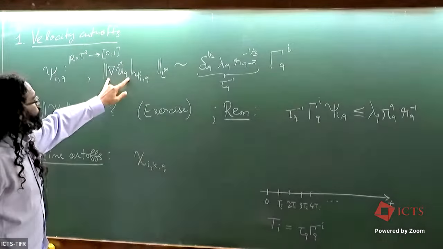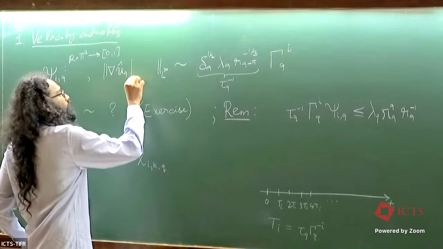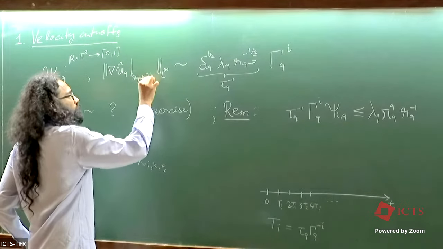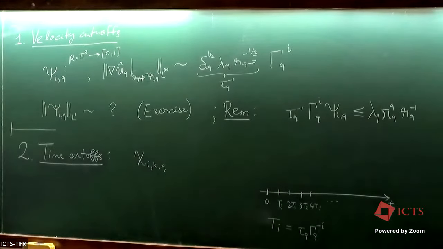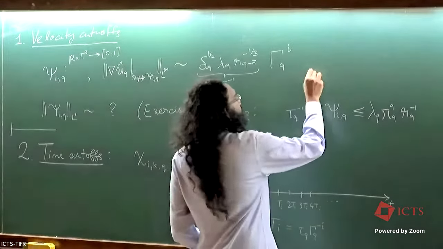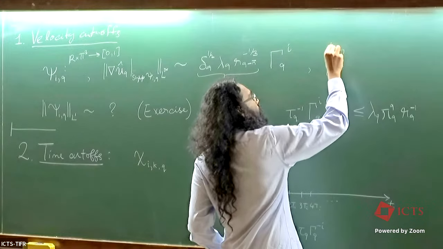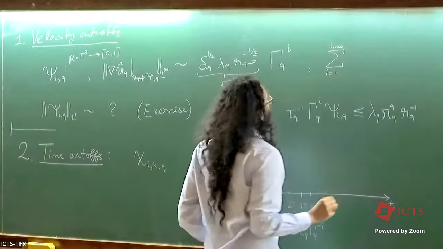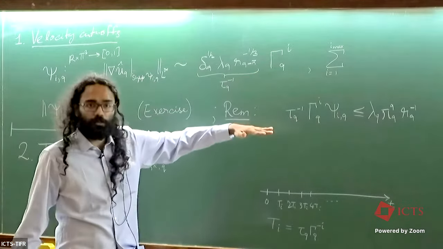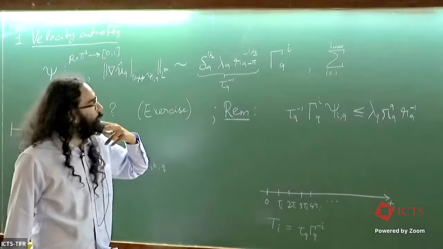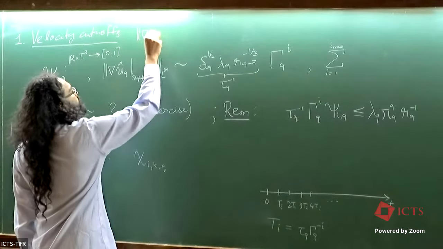This is UQ restricted to the support of psi IQ. Thank you, sorry. So it's basically a partition of unity. I guess I forgot to write that. So if I sum from I equals 1 to, and there'll be a maximum I, and the maximum I is given by when this matches the L infinity norm. And the L infinity norm, if you remember, is the L infinity norm of UQ hat